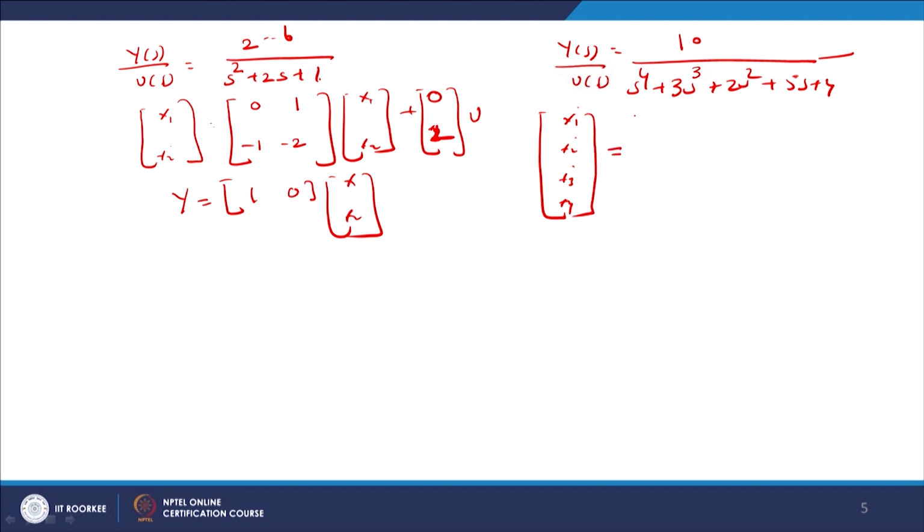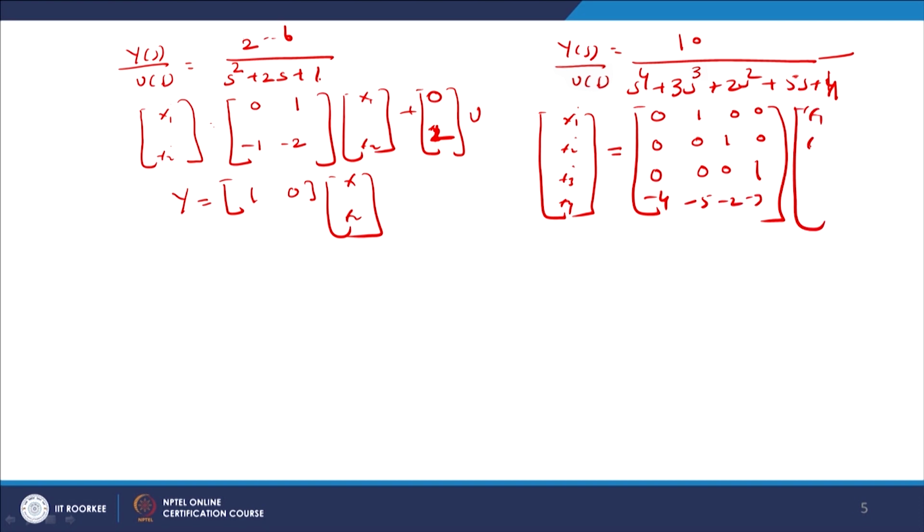That is equal to, see here what I am writing down. Here x1 dot equals, so write 0 1 0 0, then for x2 dot 0 0 1 0, then 0 0 0 1, and write the coefficients in reverse order. So I write minus 4, second minus 5, third minus 2, minus 3, and this multiplies x1 x2 x3 x4, plus 0 0 0 10